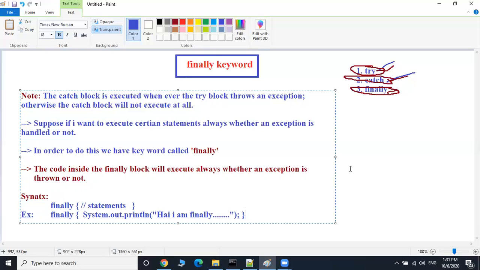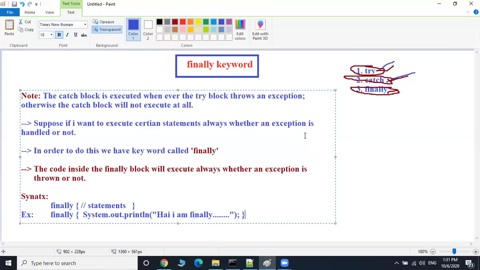Understand all of you? Please write down the definition and syntax, and then we'll see an example program which illustrates the use of the finally block. Please make a note of all these points.